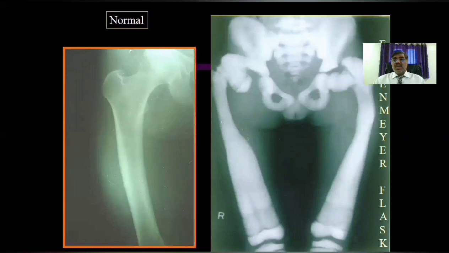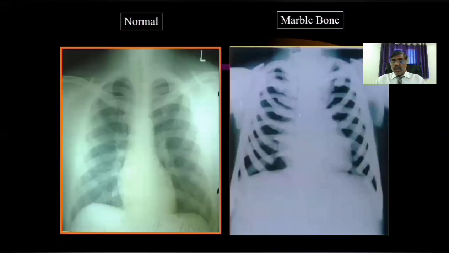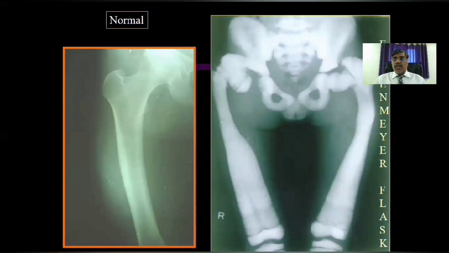So the pattern of marble bone disease is always called osteopetrosis. So osteopetrosis is the name given for marble bone disease. It is a disease where the problem is with the osteoclast. The osteoclast fails to resorb the normal bone, so there will be deposition of normal bone, which results in the obliteration of the